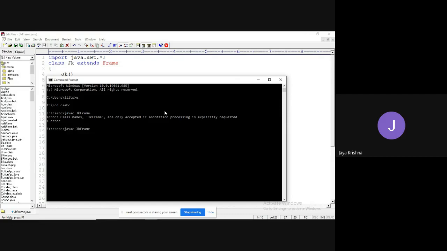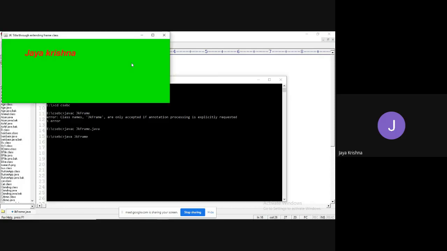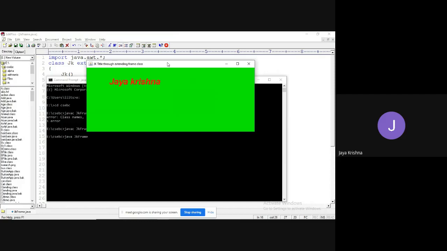Observe, it is a combination of both bold and italic.